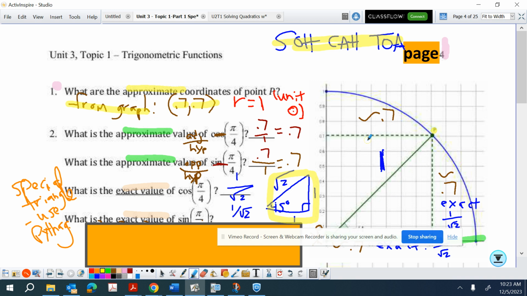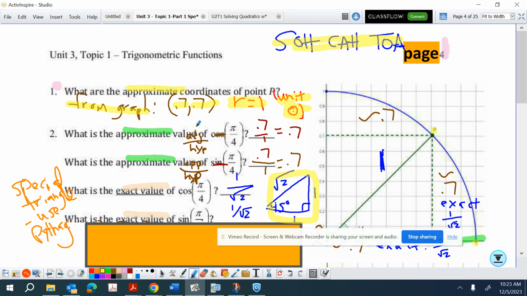If I look at the triangle, I can see from where it hits the circle at P, that is a radius, but there's also a radius down here. And I can see that that radius is 1. For all of these problems, you're going to assume that we are doing the unit circle, and in the unit circle, the radius is always 1, and you can confirm that by looking at every graph for your problems. When it is asking for the approximate value of cosine, it is asking for us to do using this